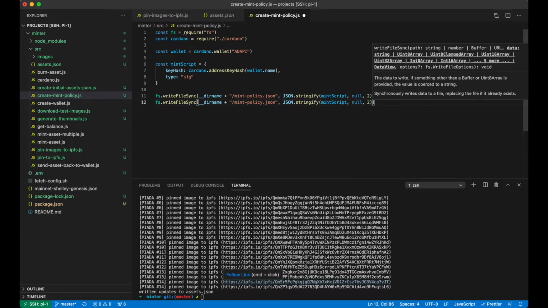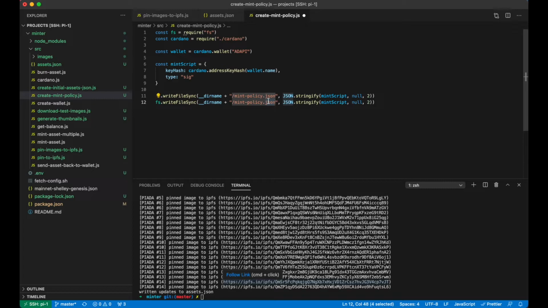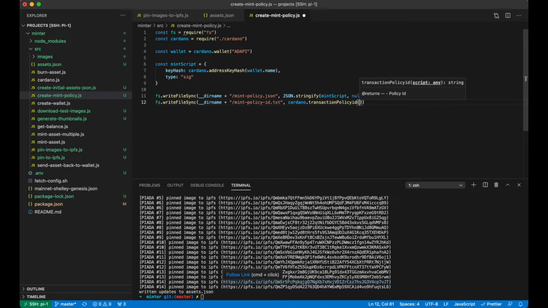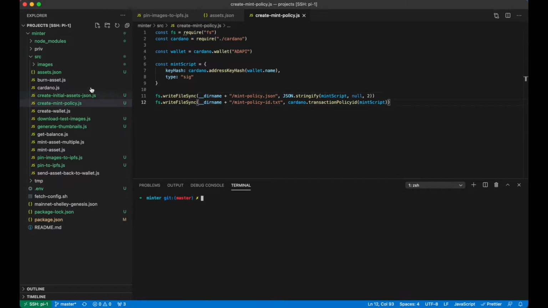And then let's also create a mint-policy-ID.txt where we will be generating a hash based on this mint script. So it will be Cardano.transaction policyId mintScript. Okay, so